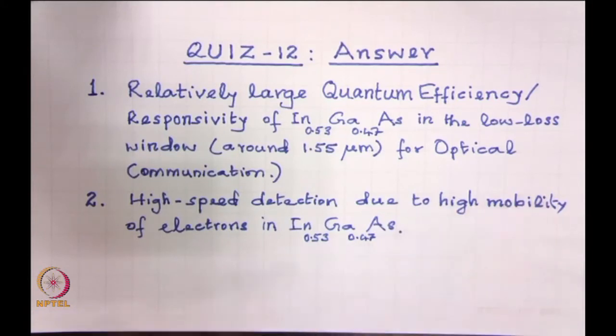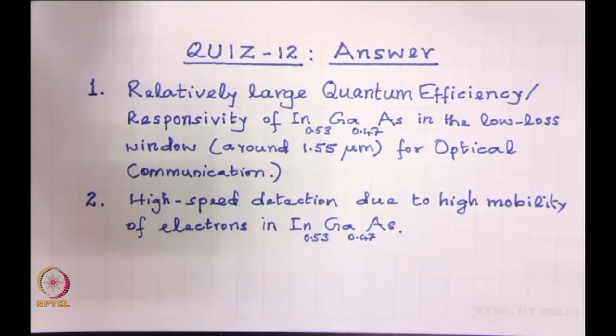Here we are referring to optical fiber communication, and as you know, the silica based optical fibers have the lowest loss at 1.55 micrometer, and the low loss window around 1.55 micrometer is where one uses the WDM communication systems or the DWDM communication systems, where a large number of wavelengths are packed into the low loss window centered around 1.55 micrometer. And therefore, this is the detector which is widely used primarily because of the large quantum